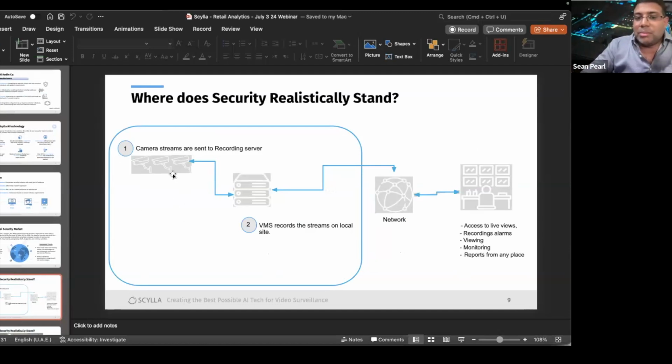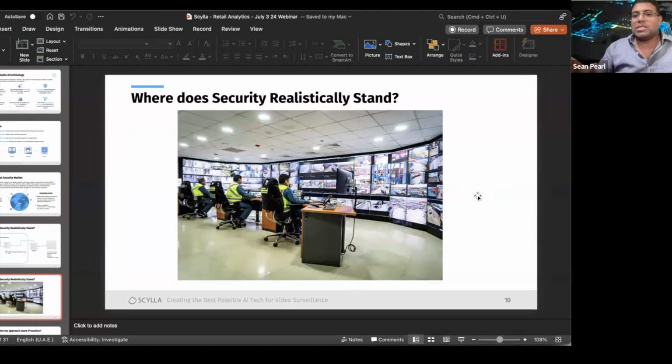You'd have your CCTV cameras, processing all of the images, sending it onto a storage device. And this storage device is managed by a VMS connected to the network, and your operator sitting on the other end sees all of this footage. So in a sense, this is something that you have, right? You've got one control room, hundreds of cameras, multiple video walls, maybe two or three operators actually sitting and viewing all of this. Now, let's be very honest, it's not humanly possible for these two, three guys to actually catch everything that's happening on screen.